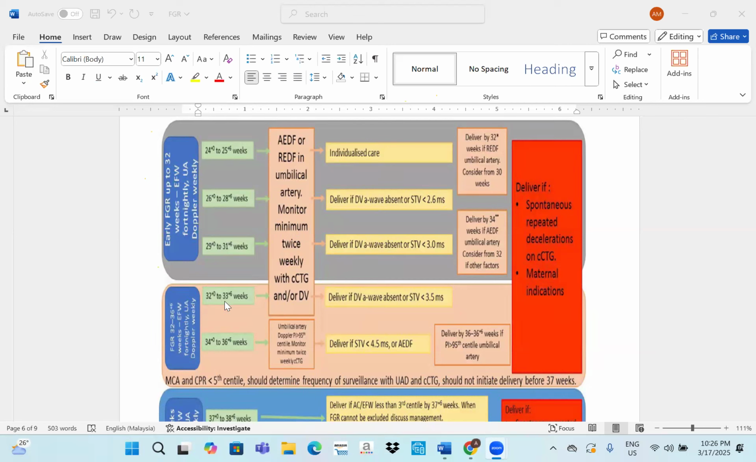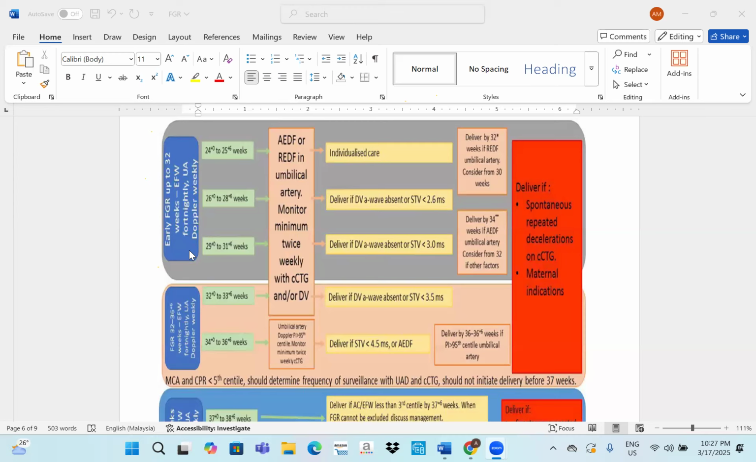See, here it is 33 plus 6. 33 plus 6, so 3.5. Up to 31, the only value is 3, so up to 3. 28, 26 to 28, so 2.6. Whenever the A wave is absent or the short-term variation is less than the specific gestation, you will deliver your patient. Otherwise, if you started monitoring this patient and just her uterine artery Doppler was abnormal and estimated